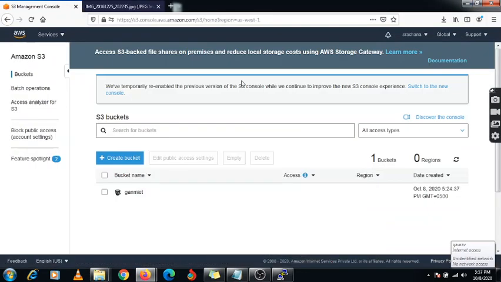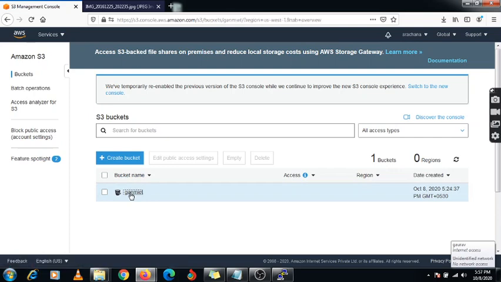Myself Ganesh. Today we are talking about data replication. We use data replication to reduce our latency. Whenever you are accessing your data from one geographical region to another region, it will be accessed very fast. While uploading my data in one location, it will be accessible immediately in another location using this data replication. While doing this demonstration, first you need to enable your versioning.